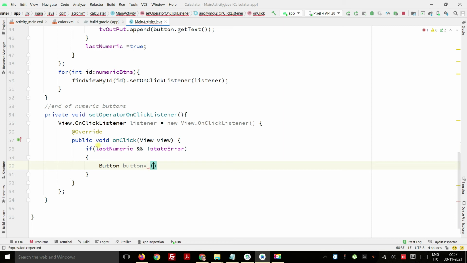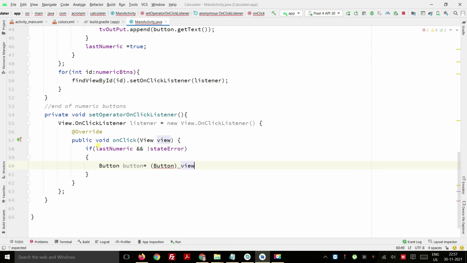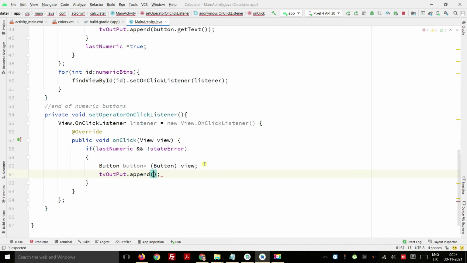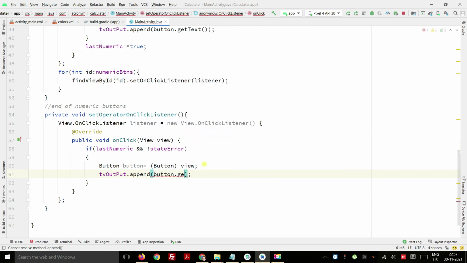Button equals that button, and we have that view. We have to get this view, and then a semicolon. After that we put TV output dot append, and show the text, whatever text is on the button dot get text.